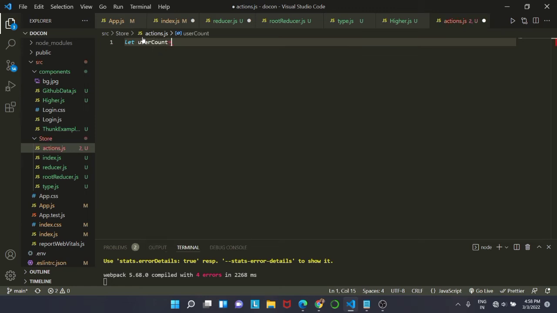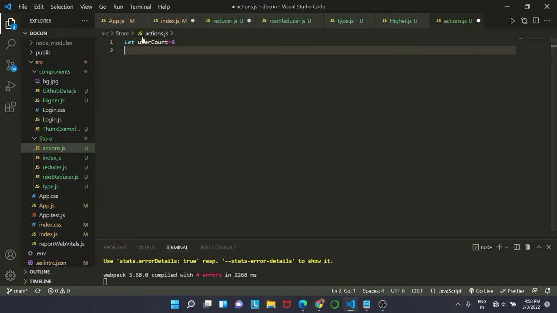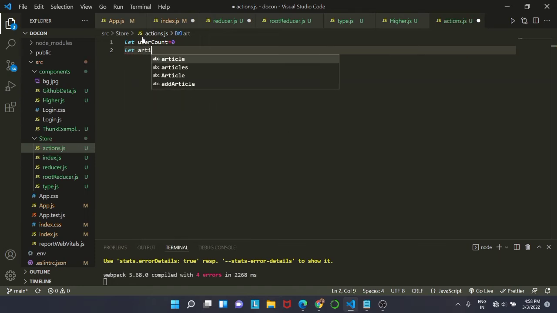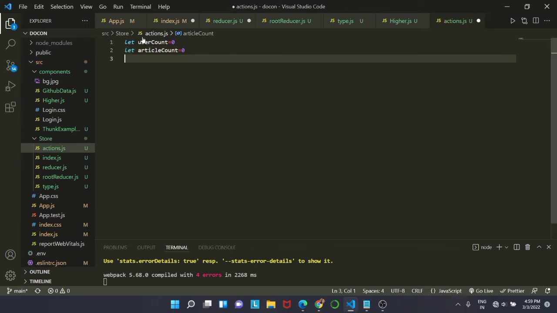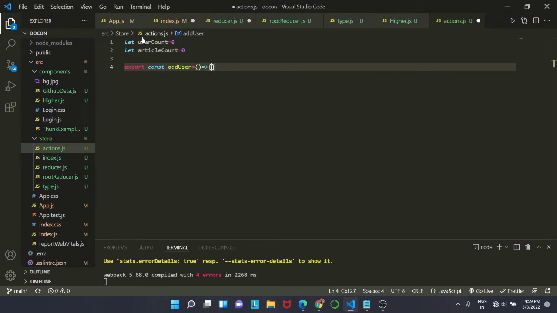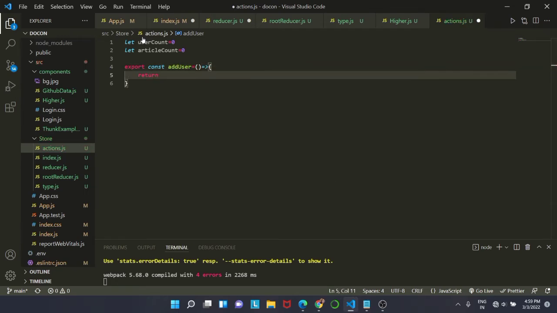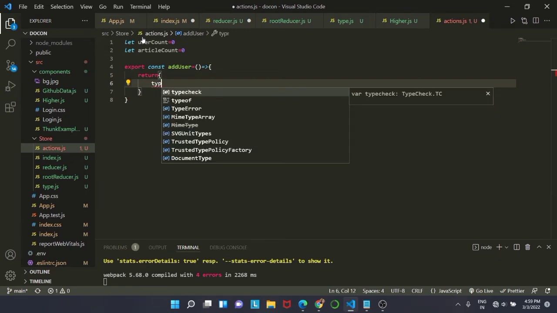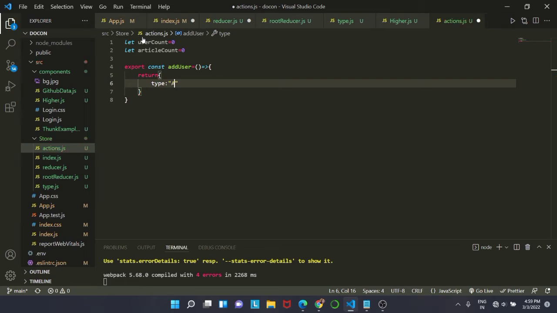Now inside our action.js file we are going to create our action. So first we have a user count of 0, and similarly we have an article count of 0. This is the initial value which is set to 0. Now we will be writing our two actions, that is export const addUser, and it is an arrow function. Here we are going to increment the value of the user. So inside return we will have a type which is ADD_USER,